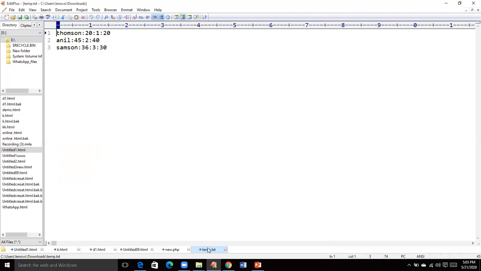There are only two people less than 40, Thompson and Samson. So the average salary is 20 plus 30 divided by only two employees, so the value will be 25.